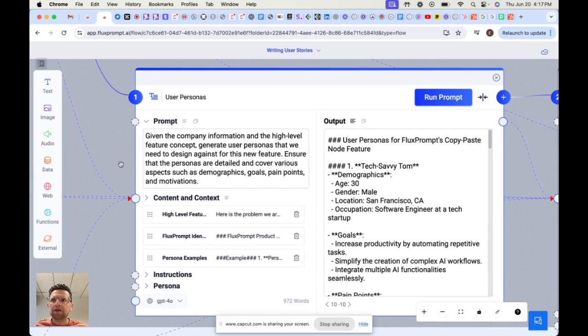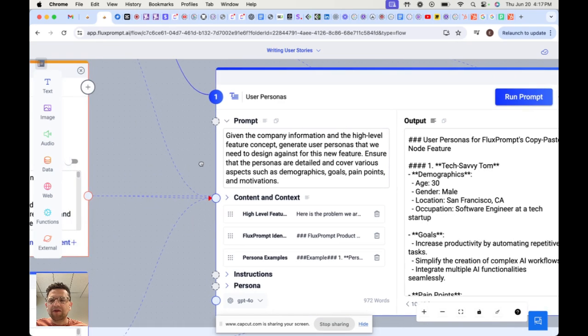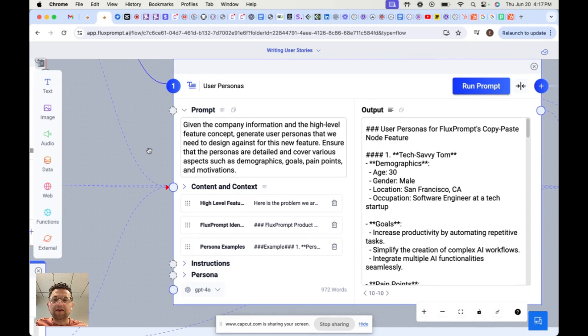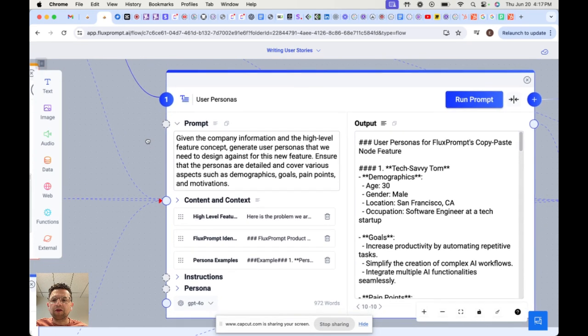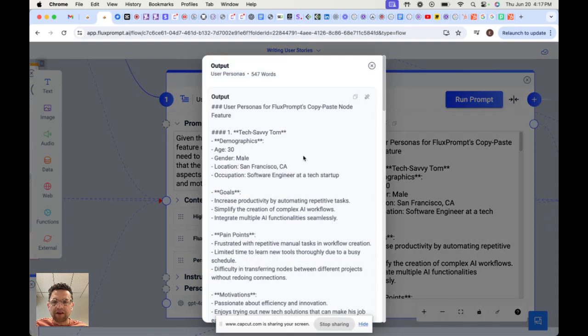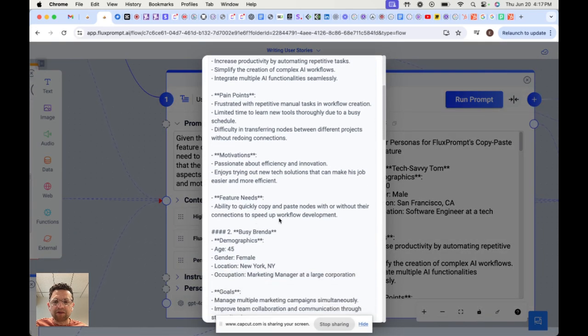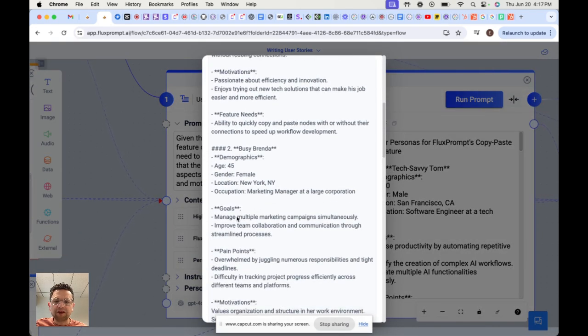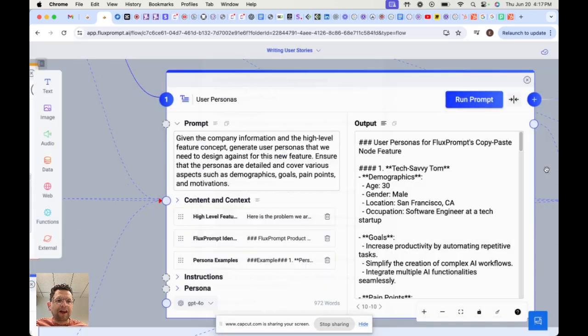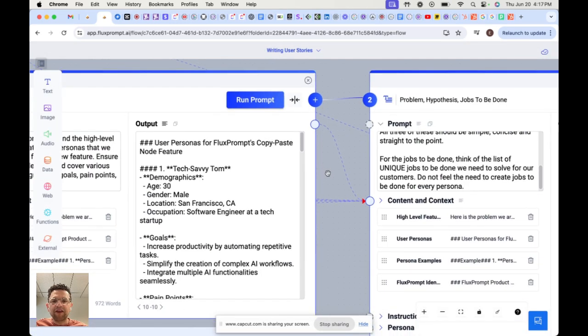because understanding the different people that are using your product is really crucial when building good products. So in this case, what I've done is I've asked it to consider different personas that would use FluxPrompt. And as you can see, it gives me a bunch of them. Busy Brenda gives me all of the information, gives me goals. And this is important because I feed all of that information